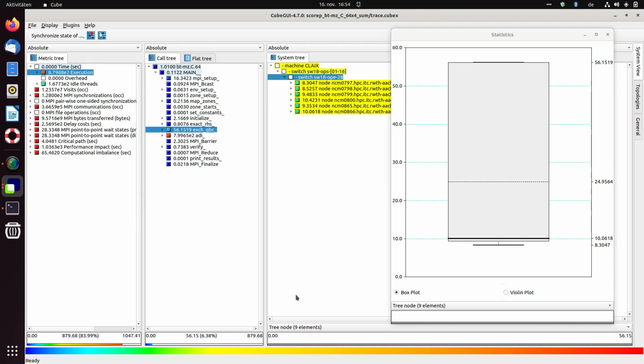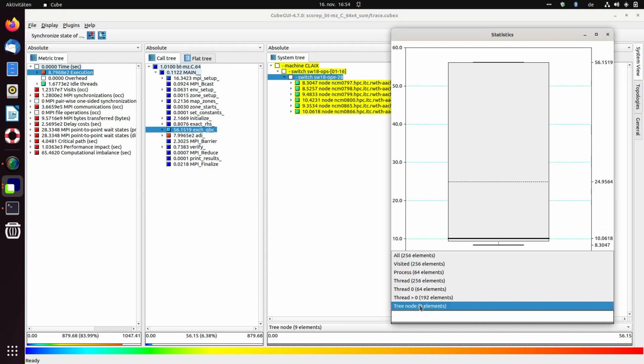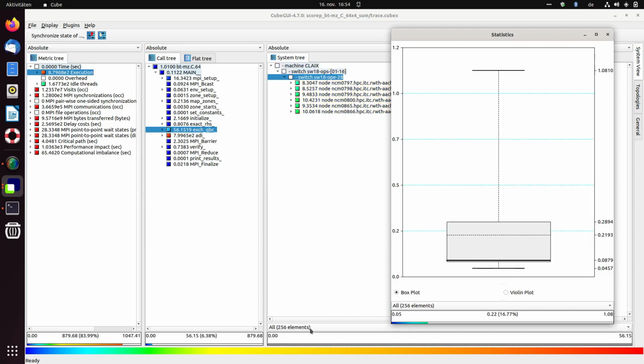Okay, these are predefined subsets. Can we define our own subsets? Yes, we can, and here I would like to demonstrate how it goes. So let's see, select all, and